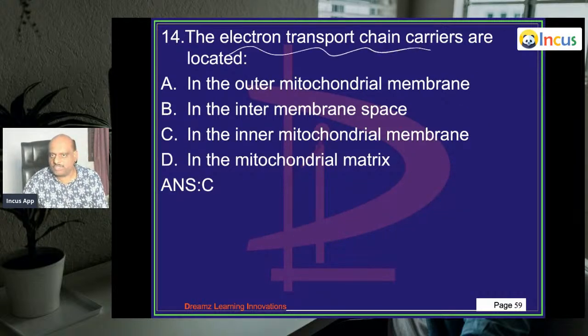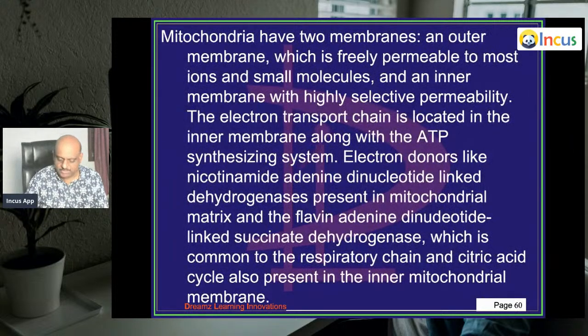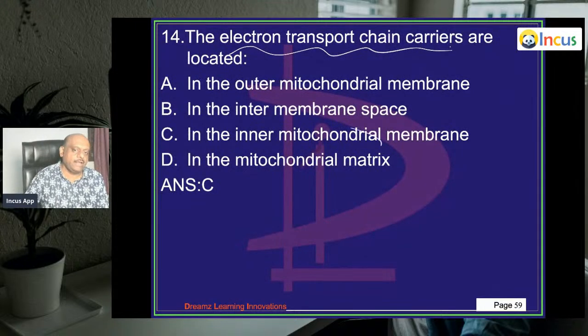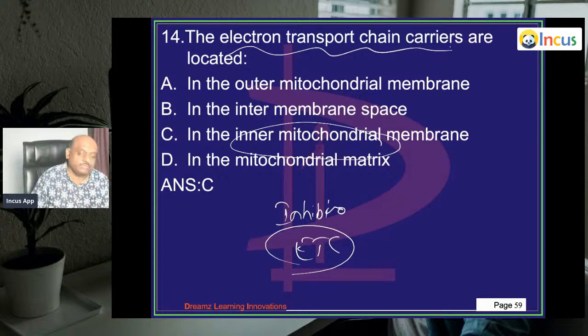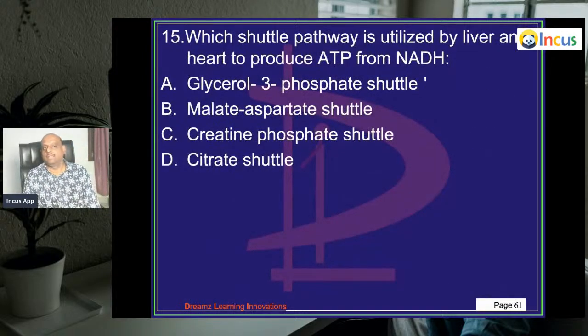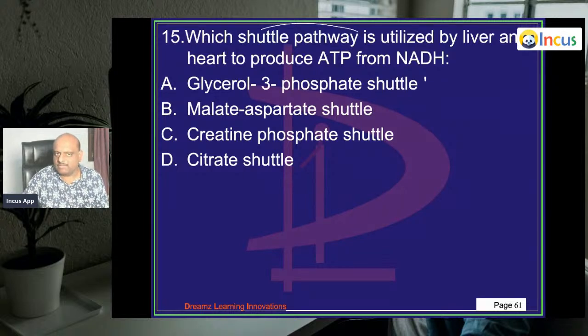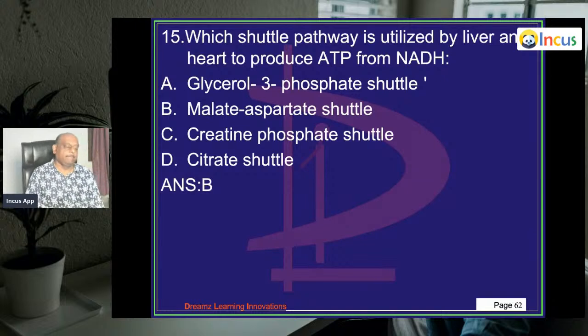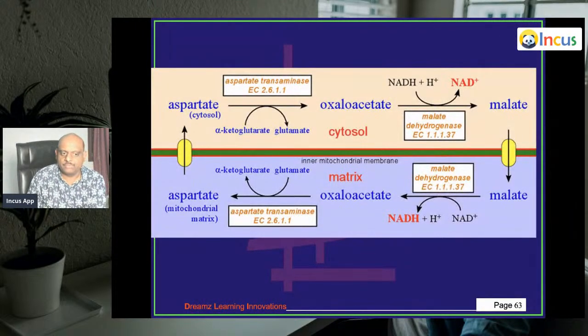Electron transport chain carriers, where are they located, doctor? They're typically located in the inner mitochondrial membrane. Once more I want to tell you, what are the inhibitors of electron transport chain? Favorite MCQ of the examiner. Liver and heart. Which shuttle pathway is utilized to produce ATP from NADH? Malate aspartate shuttle. So you should remember,